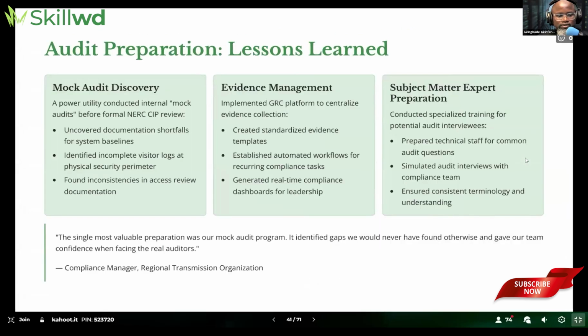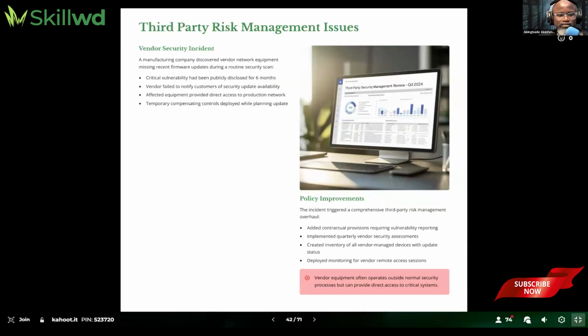Audit preparation, these are just some general steps: your discovery, evidence management, collecting evidence, then having your subject matter experts review them. Third party risk issue. At the end of the day, even though we are working on OT, the same challenge